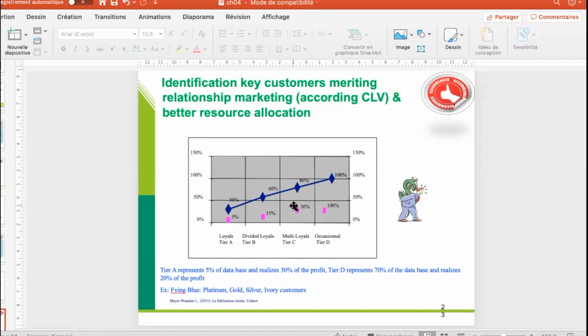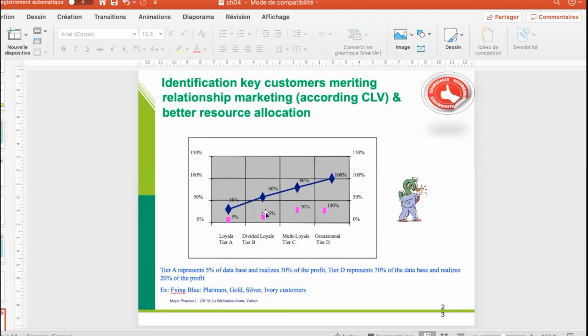And so in terms of resource allocation, this means that you should invest or allocate main resources to tier A, the platinum customers, and tier B, which are divided loyals. These are 100% loyal, these are divided loyals. And so this means that the divided loyals spend one part of their amounts in a competitive brand. So you have a high potential. If you manage to increase the share of wallet, you have a high potential